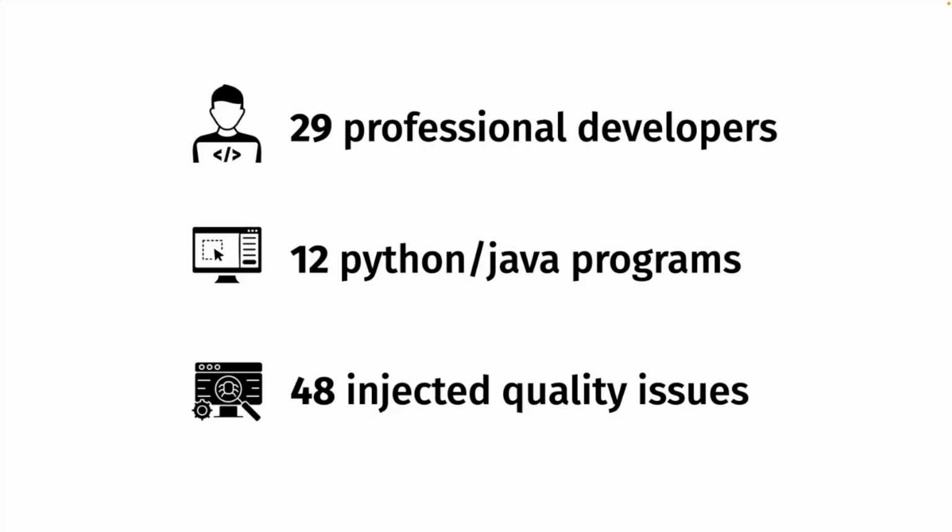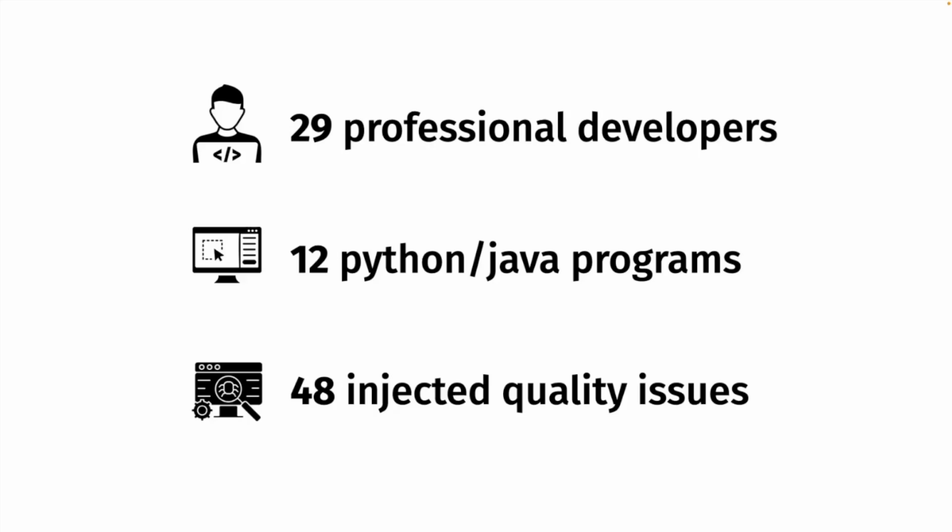Because what we did was to inject the quality issue only if it was realistic and if it was difficult to catch. For example, we didn't have quality issues that resulted in the program crashing. The program was not crashing, it was working, so you could run the program. We provided the tests, so we tried to make it as realistic as possible.